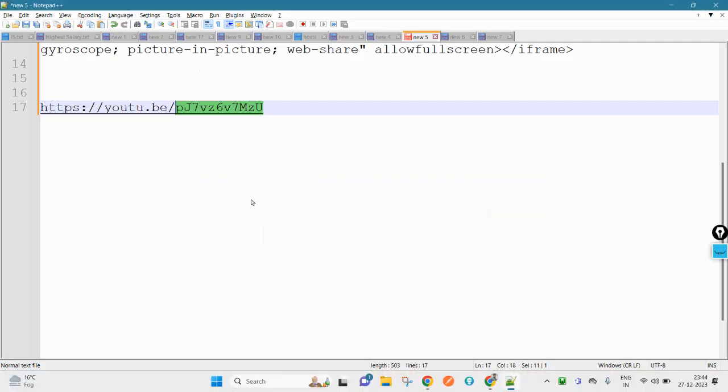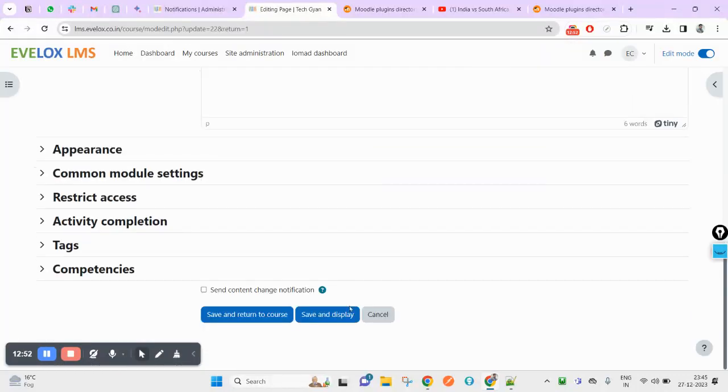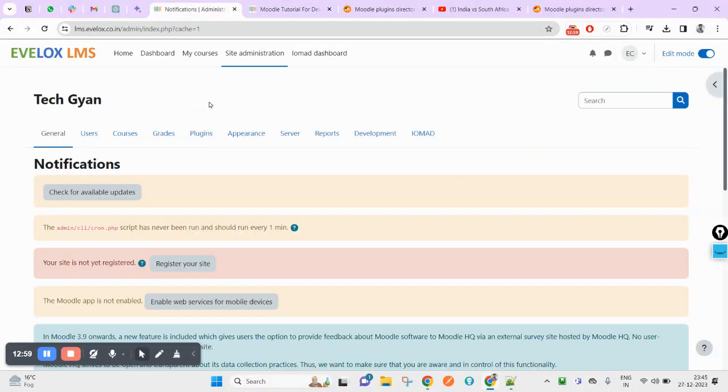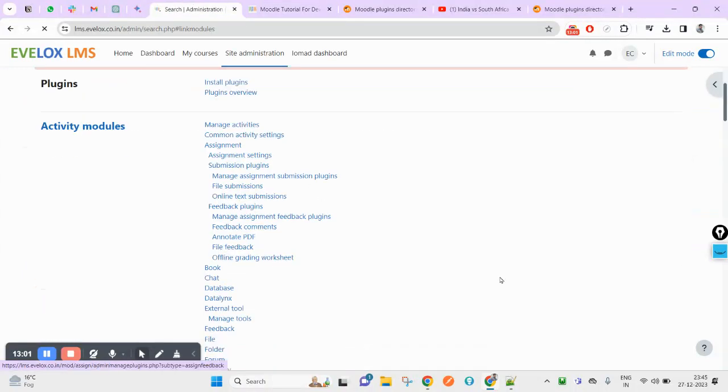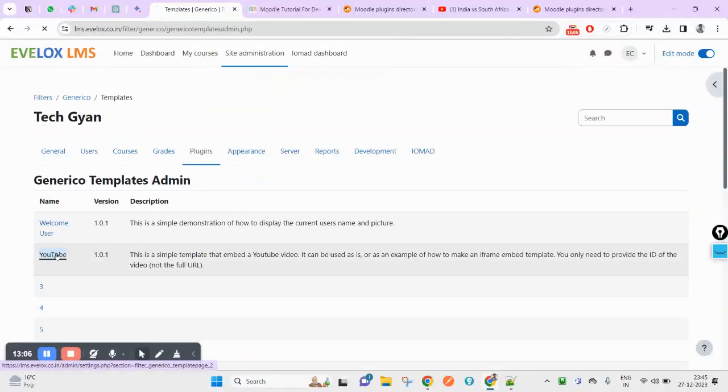ID. Okay, so I am going to put this ID, make it blank, make it blank. But in case you want to add that particular height and width, it will automatically be visible, whatever you have put in by default. Okay, as a default value. Got it? So click on insert, click on save and display. Yes, it is coming like this. Got it? Now again come back to this plugin and search for that. Go to template, YouTube,